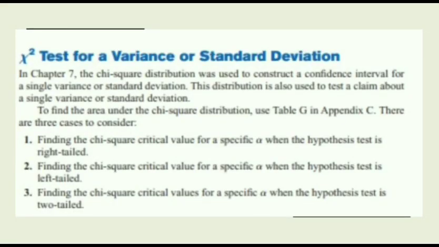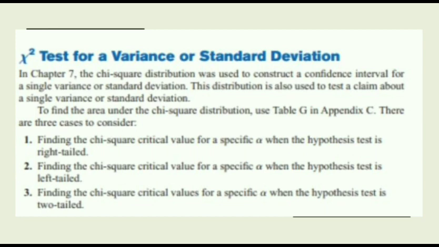Chi-square test for variance or standard deviation. In Chapter 7, the chi-square distribution was used to construct a confidence interval for a single variance or standard deviation. This distribution is also used to test claim about a single variance or standard deviation. To find the area under the chi-square distribution, use table G in Appendix C. There are 3 cases to consider. So these are the objectives in this